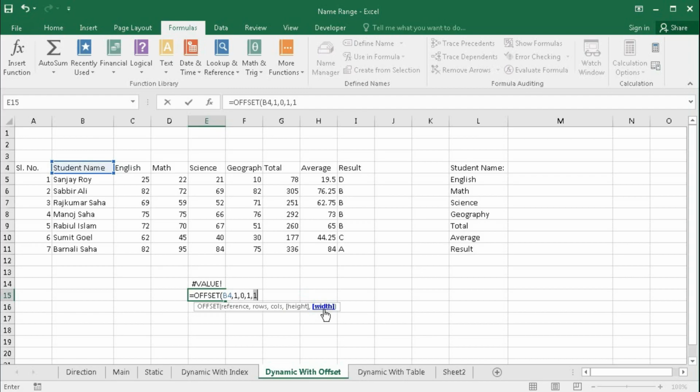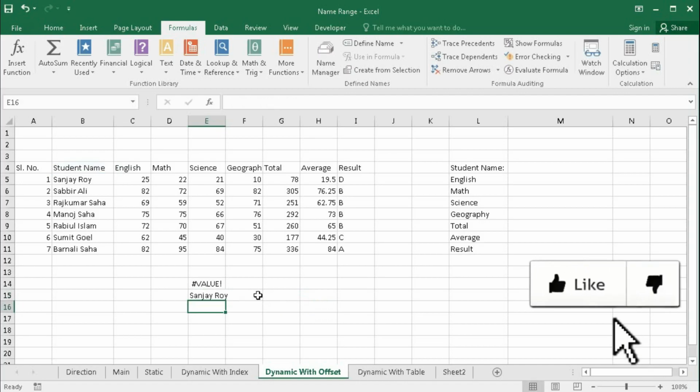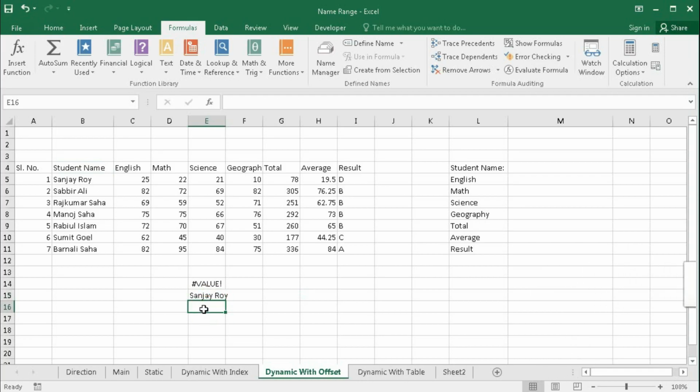So this is the cell range for one cell, bracket close and then enter. We got Sanjay Roy. So let's use this formula in the name range.